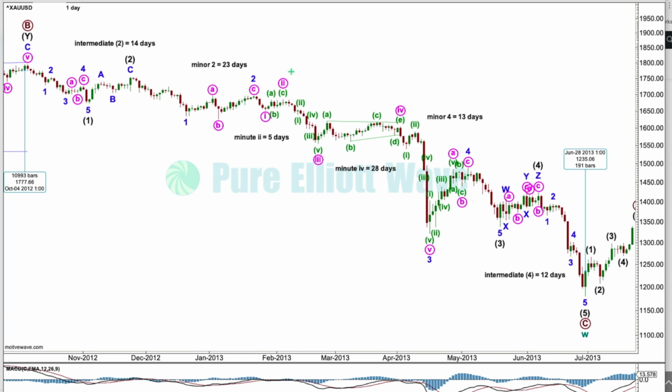And when they're compared to a zigzag, which tend to be more brief structures, you'll get disproportion the other way. And here's an example of what I'm trying to explain to you. It works a lot of the time, but not always. There's nothing in this that happens always. So here the fourth wave is 28 days, and the second wave is 5 days. But overall, I've learned to expect the fourth waves, especially when they come after strong movement, to be more brief and shallow than their counterpart second waves.